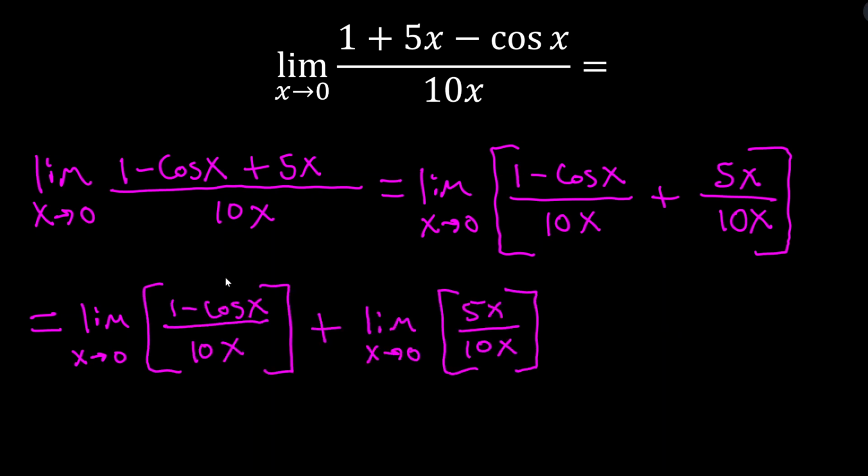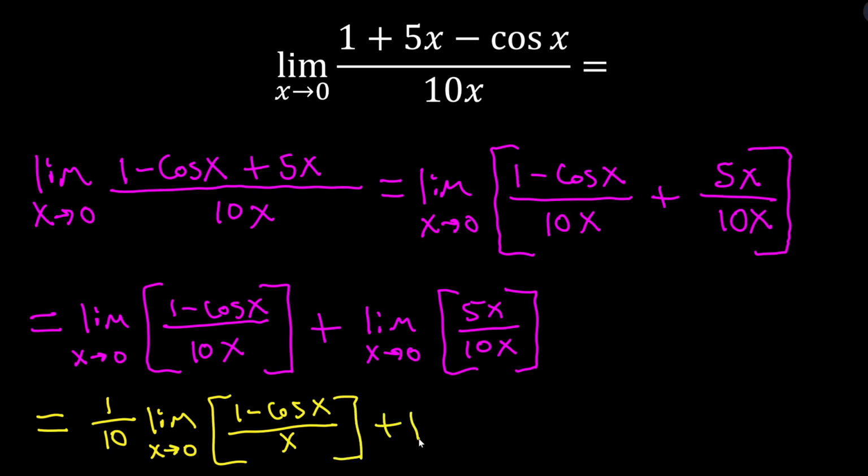All right, now this is really close to being 1 minus cosine x over x, which I know the limit of as x approaches 0 is 0, but I have this 10 down here in the denominator messing me up. So how am I going to take care of that? The same thing we've been doing. I'm going to pull it out in front as a constant. I'm not going to pull out 10, but I'm going to pull it out as 1 over 10 because the 10 is in the denominator here. So now what I have is that this equals 1 over 10 times the limit as x approaches 0 of this limit that I know, 1 minus cosine x over x,